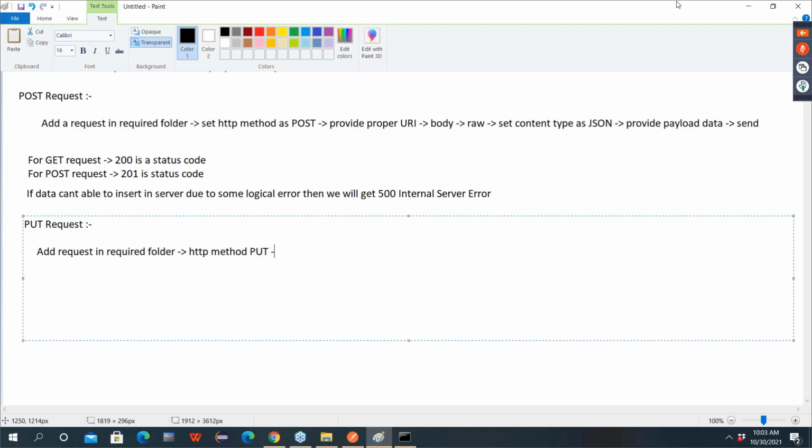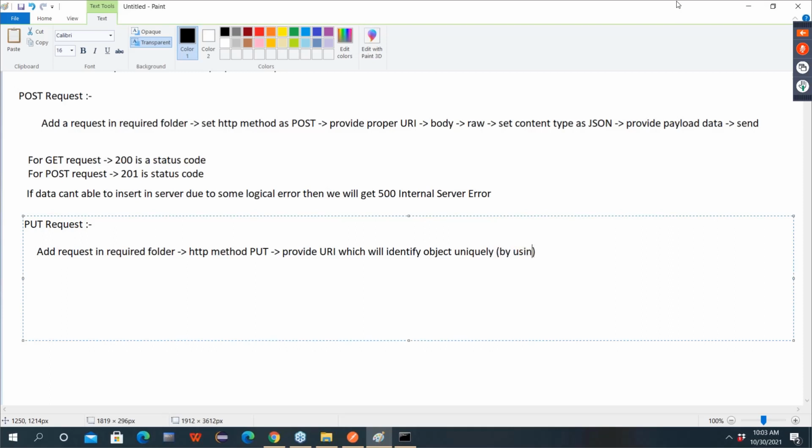Put. Then provide the URI which will identify the object uniquely.